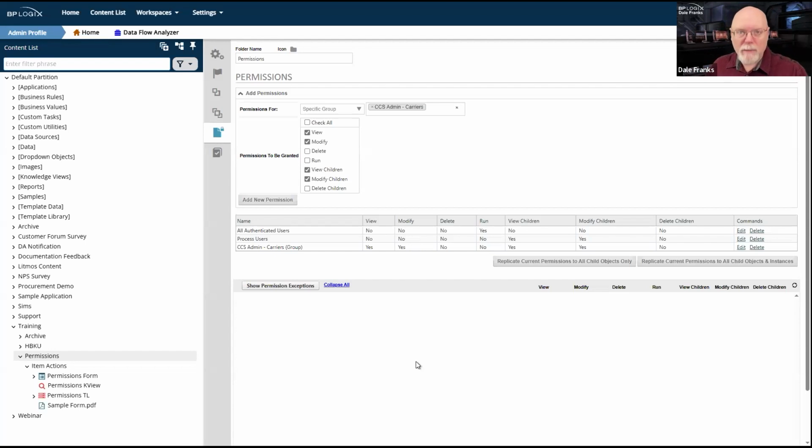But we do have some cases where the people who administer the system and the people who administer processes, the application admins, to make up a term, they need some different permissions because you don't want to give them full administrative access to the system. Yet at the same time, they do need to be able to work and modify and manage the running applications that you might have on your system.